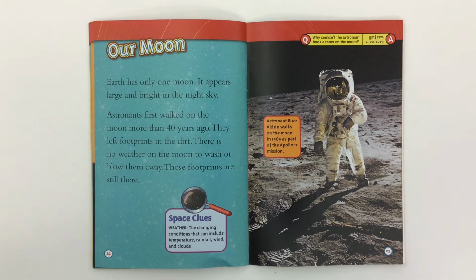Our moon. Earth has only one moon. It appears large and bright in the night sky. Astronauts first walked on the moon more than 40 years ago. They left footprints in the dirt. There is no weather on the moon to wash or blow them away, so those footprints are still there. Space clues. Weather, the changing conditions that can include temperature, rainfall, wind, and clouds. Here's a picture of astronaut Buzz Aldrin as he walks on the moon in 1969 as part of the Apollo